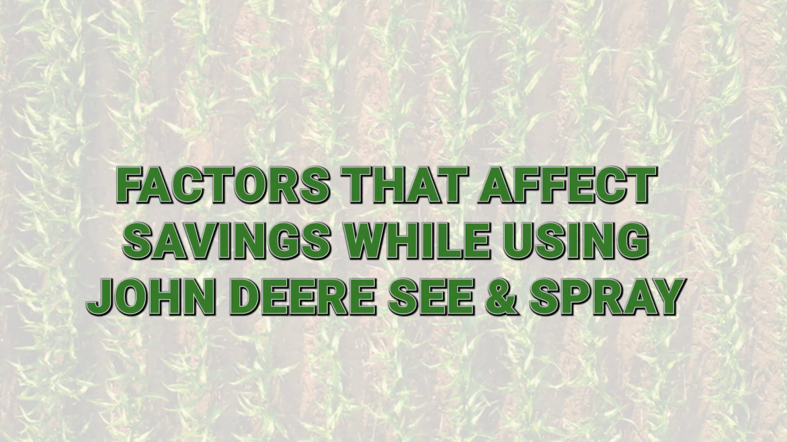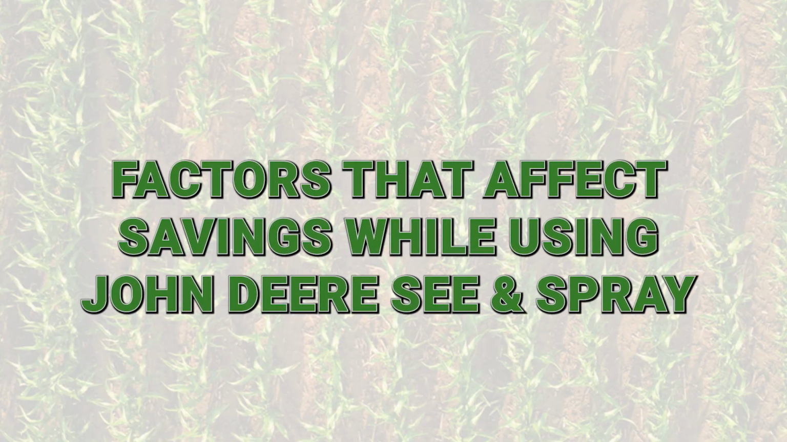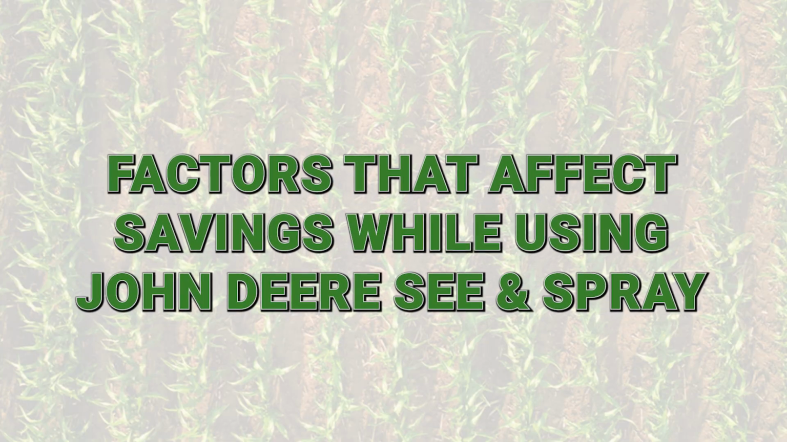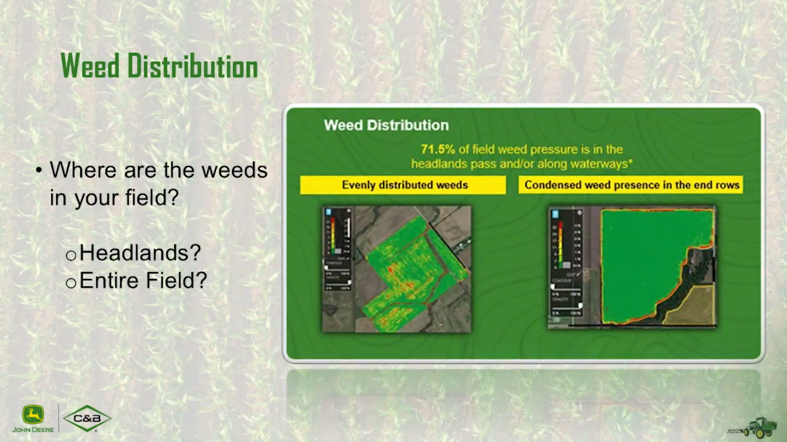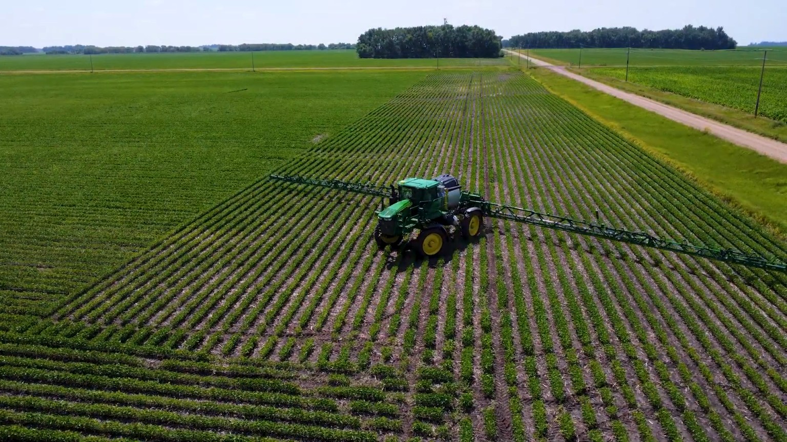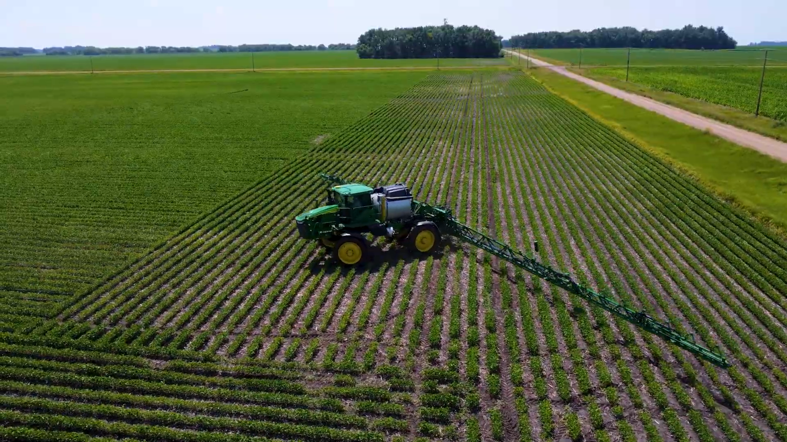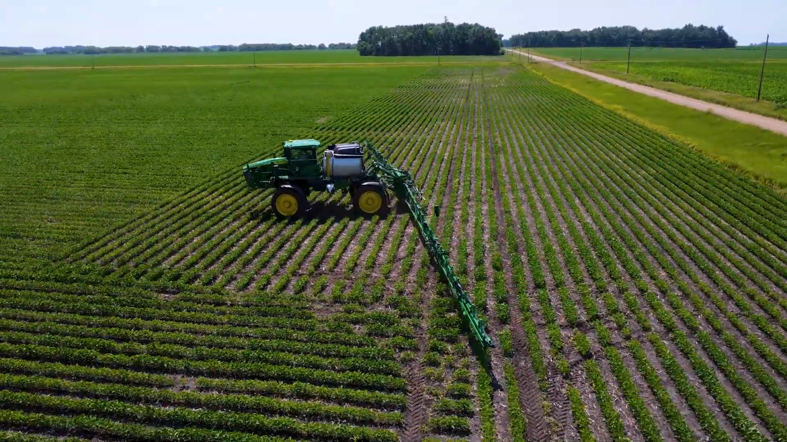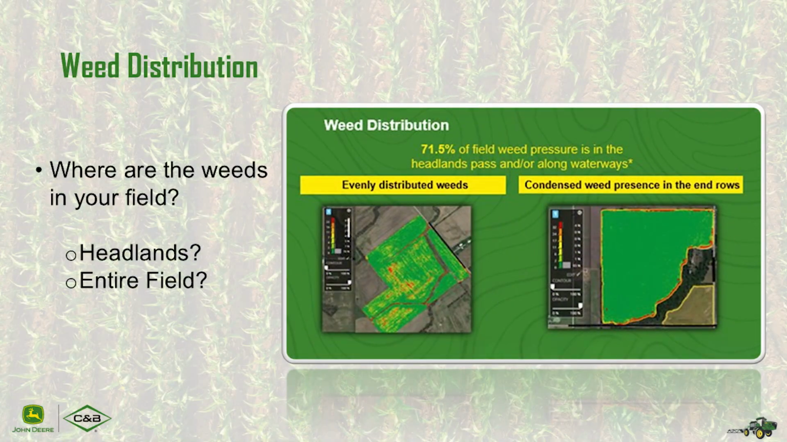So next, let's go ahead and dive into what are some factors that may affect my overall savings. First and foremost is going to be our weed distribution. So where are the weeds in your field? Are they concentrated to certain areas like your headlands, or are they evenly distributed throughout the entire field? So this will dramatically affect the savings because your sprayer is going to be turning on and turning off more